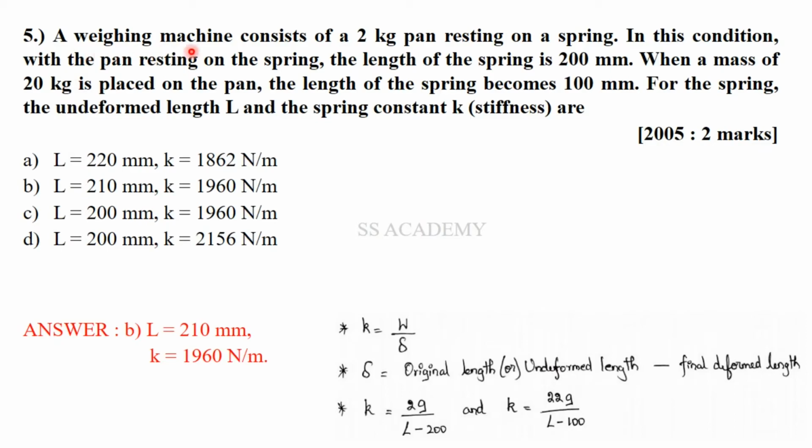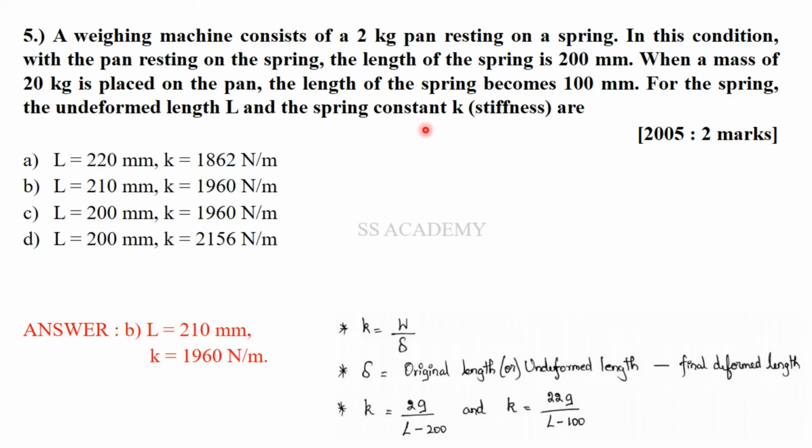A weighing machine consists of a 2 kg pan resting on a spring. In this condition, with the pan resting on the spring, the length of the spring is 200 mm. When a mass of 20 kg is placed on the pan, the length of the spring becomes 100 mm. For the spring, the undeformed length L, that is actual length, that is free length of the spring,